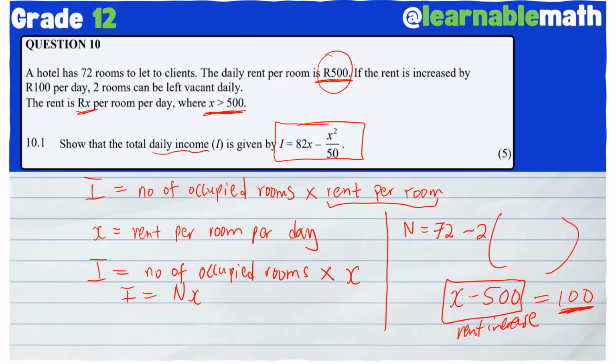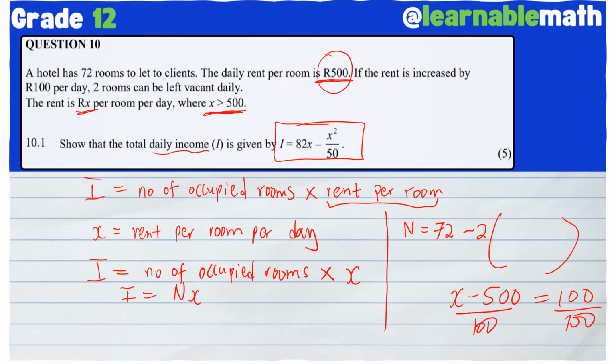ensure that 2 rooms are vacant. So I need to ensure that the expression I write here is to the factor of 1. That will ensure that these 2 will be multiplied by 1, like you are multiplying with 1, ensuring that you make 2 rooms vacant, so that the expression remains correct. From this notion of increasing the rent, when it is 100 rand, we want to ensure only 2 are gone. So to make that expression a factor of 1, I can divide by